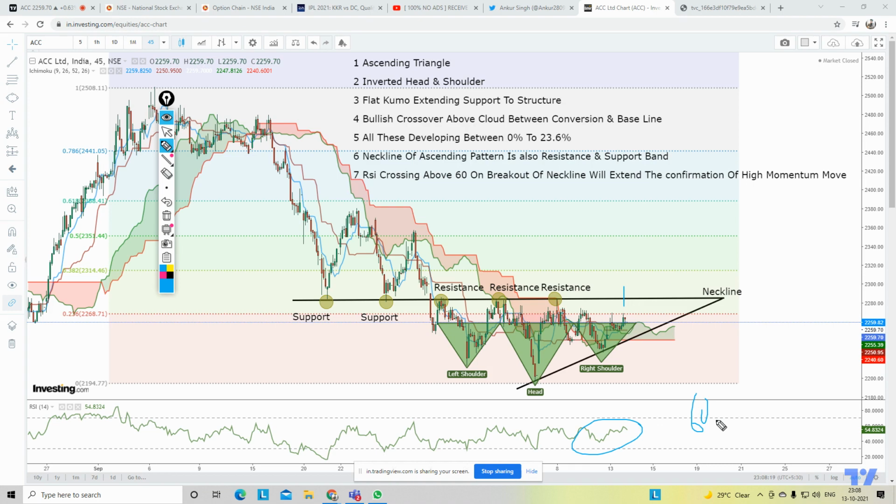And since the breakout will happen based on all these factors, there has to be a high momentum breakout. And RSI crossing 60, or this breakout happening when the RSI is above 60, will extend its support to the momentum. Okay, yes, this is going to be a high momentum breakout, right? So these are the things which I would like to discuss with you. I hope this will help you. And this is maybe not tomorrow, but keep an eye on ACC for the coming week. Correct? So hold on to this chart, draw the same structure on your respective systems, and keep watching it on a daily basis.